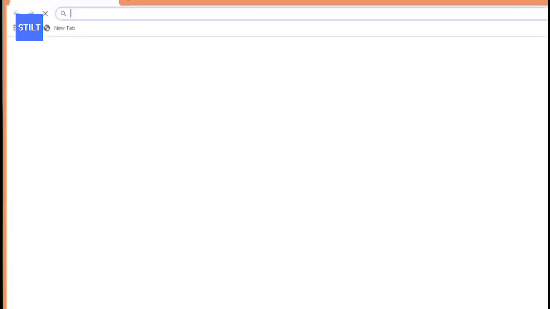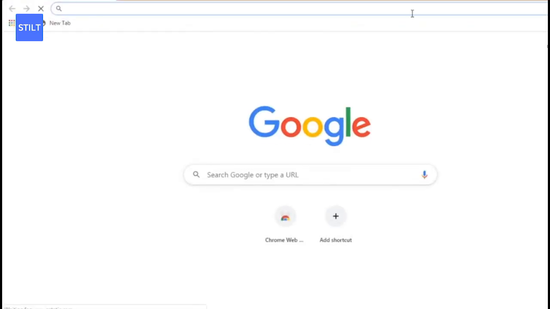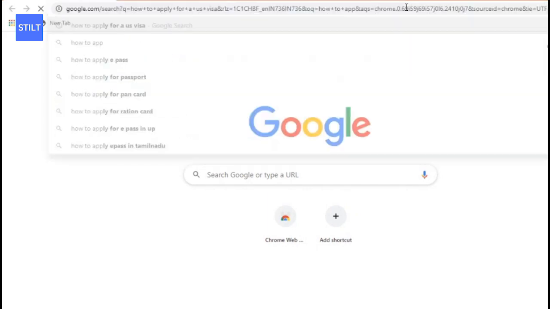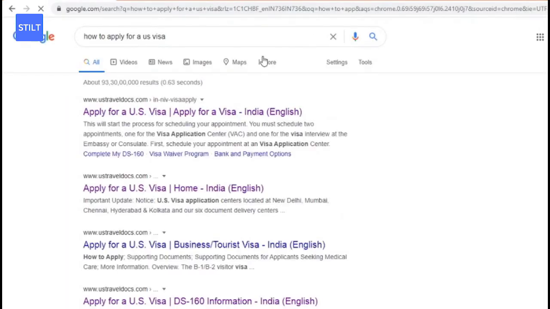You could use Google Chrome or whatever search engine you use, and just search for how to apply for a US visa. I've already searched for it before, that's why it shows up. And the first website that you see, the search result, is ustraveldocs.com. This is their official website. Click on that